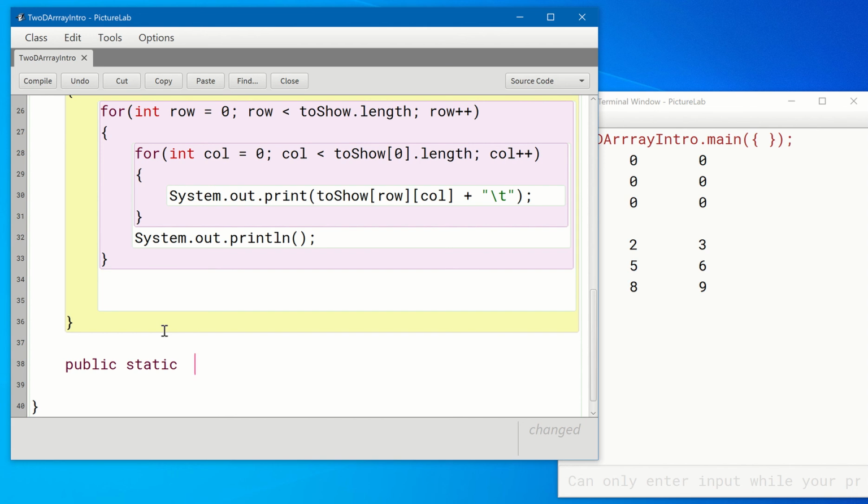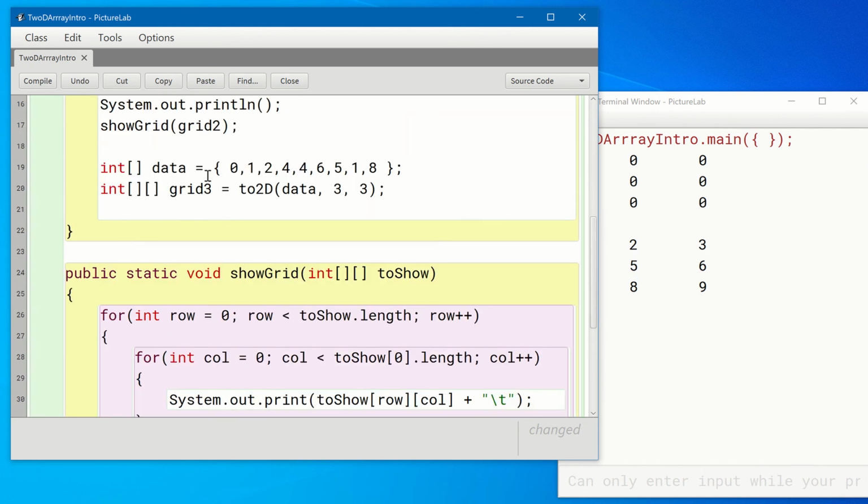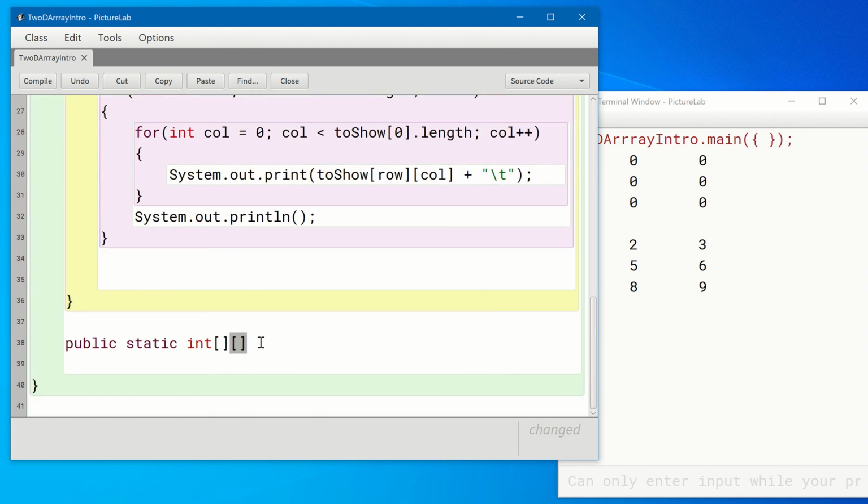Public static int, it's going to return a two-dimensional array, right? And I know that because that's what I'm intending to make. This thing is going to make a two-dimensional array, and then this is going to be assigned the two-dimensional array it creates. So the return type for this method has to be a two-dimensional array because that's what grid3 is going to require. So the return type is a two-dimensional array,